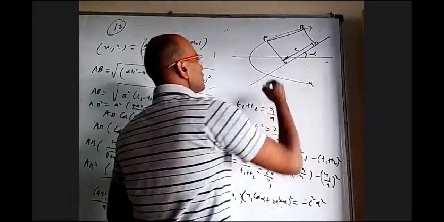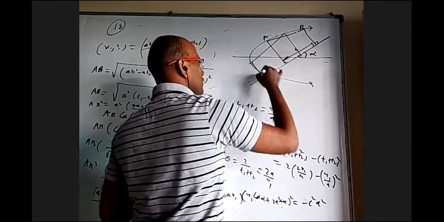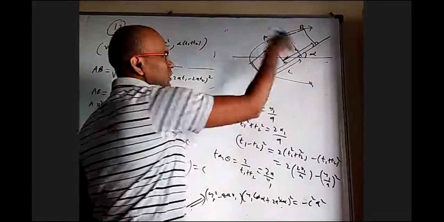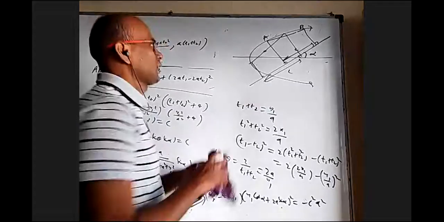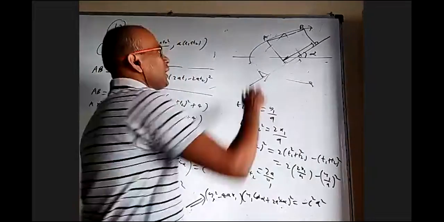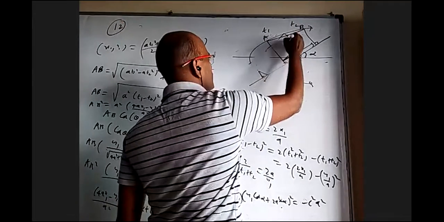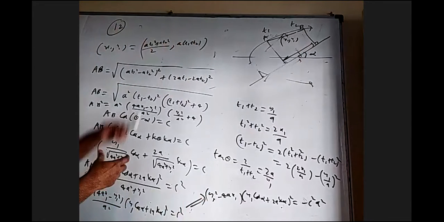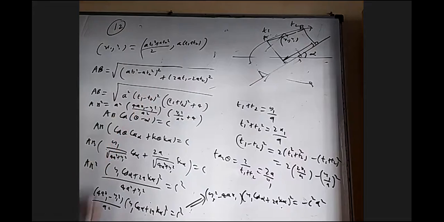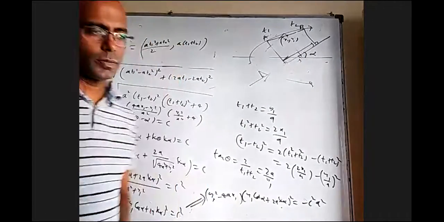Like that, there may be another chord. I'm sure there can be a chord like this, where find this foot, find this foot. That length also can be C. What is the midpoint of all such chords whose projection is C on the given line? Okay. So I took this as T1, this as T2, and the midpoint as X1, Y1. Okay, so midpoint is (t1 square plus t2 square) by 2, (2t1 plus 2t2) by 2. I found the midpoint and T1, T2 relation. I'll find AB distance in terms of T1, T2 and then convert into X1, Y1.